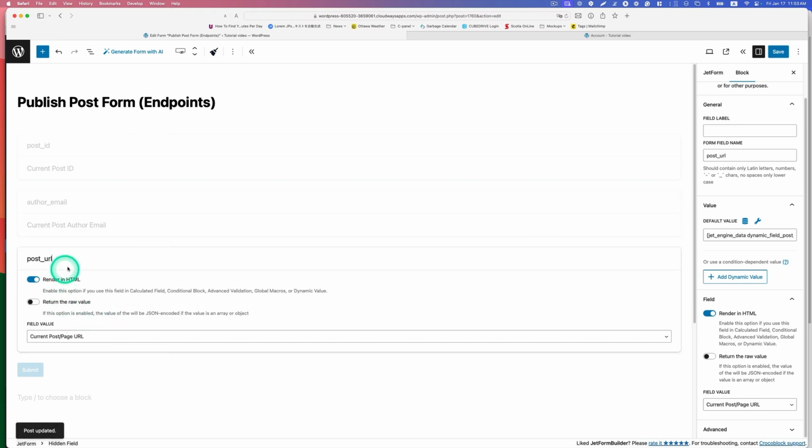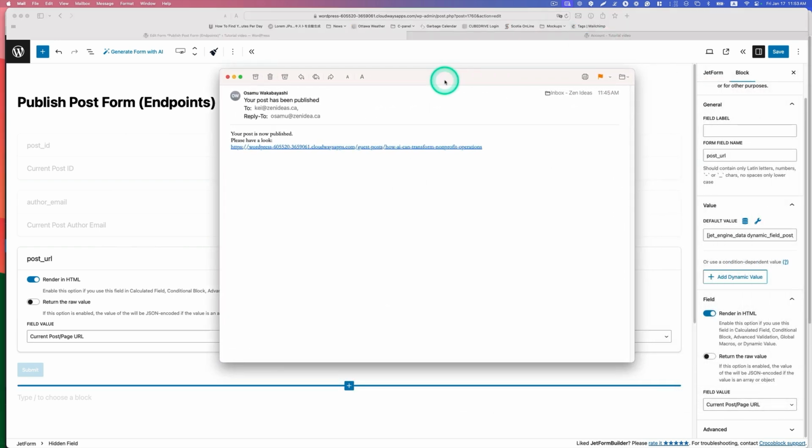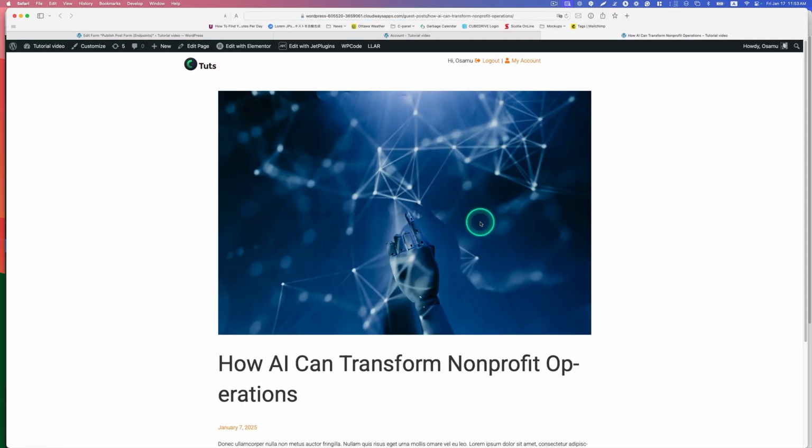And then third one is post URL. Now the reason is I like to send email notification with their post URL. So email template is like this: your post has been approved or published, and then please take a look. I like to add this URL so that the author can take a quick look and review their approved